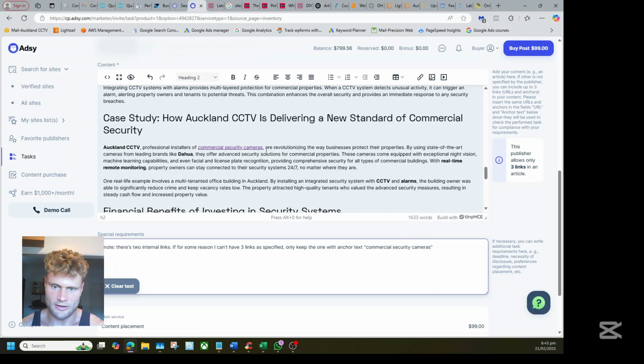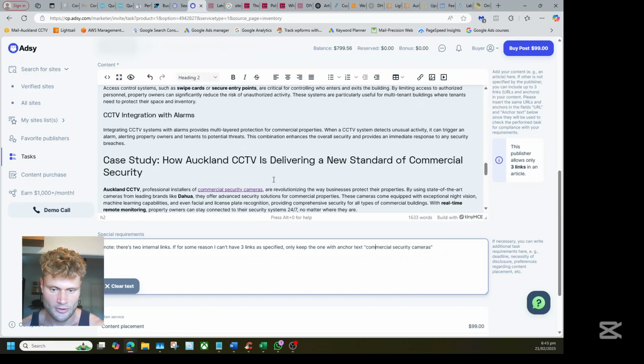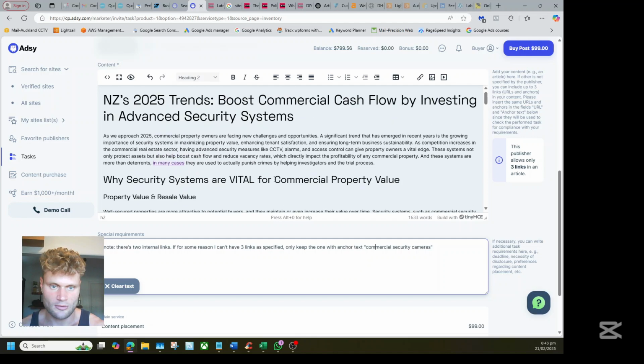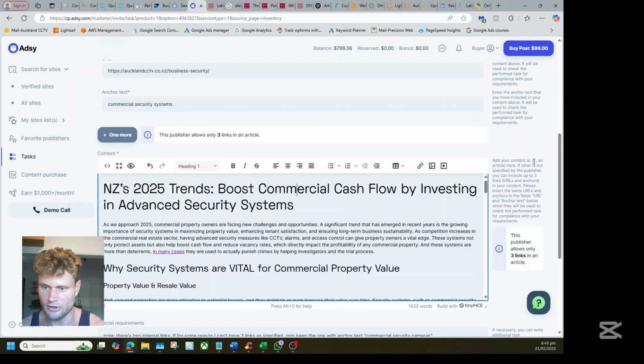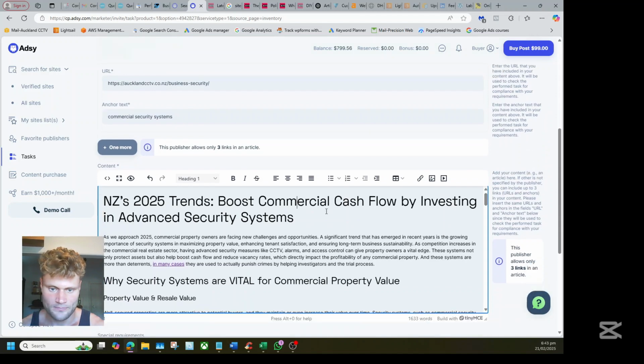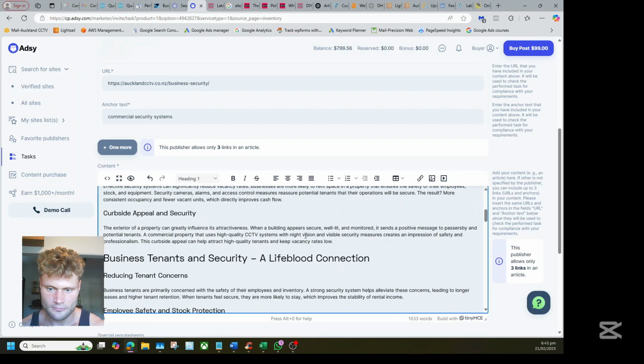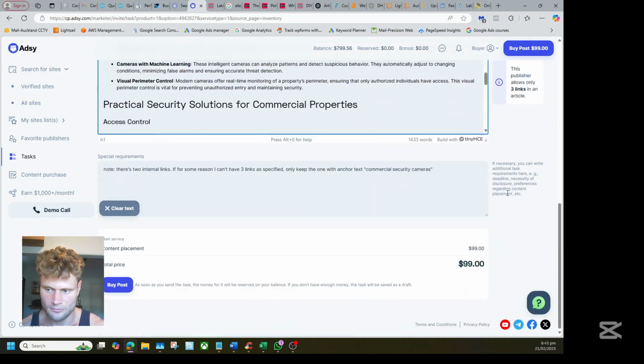That's just basically making sure that if anything goes wrong, the publisher goes back to the middleman and says there's too many links, then he knows that this is the one I want. I don't care about the internal ones. Cool. And that's it. We don't really have any other requirements. This is good.